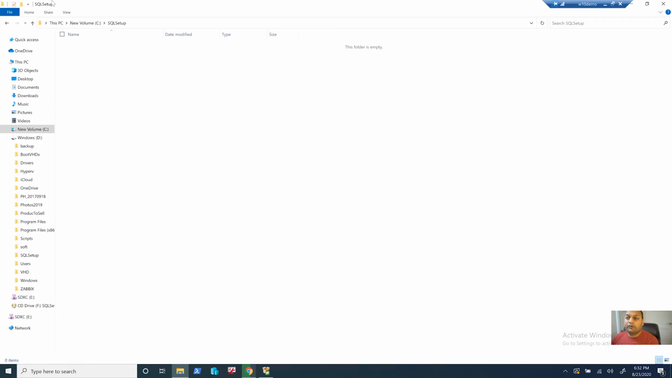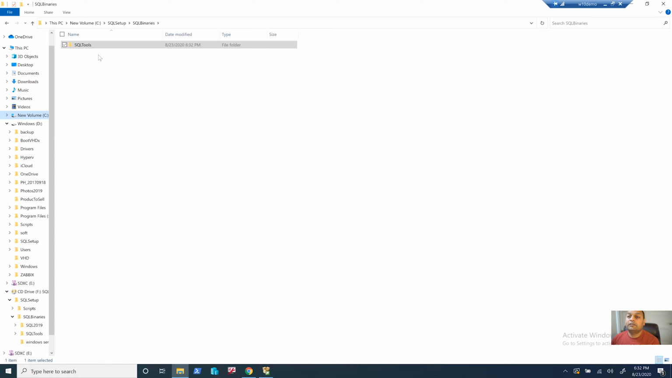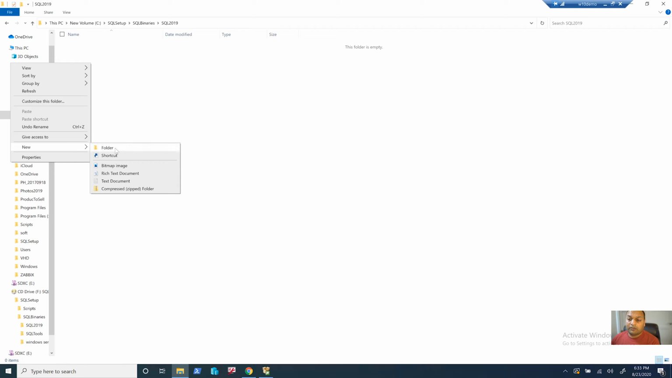SQL setup, that's our main folder under which we're going to create one first folder called scripts. Here you'll find all the feature scripts. Then we'll create a new folder called SQL binaries, and under that we'll create a folder called SQL tools and SQL 2019. Okay, under SQL 2019 we'll create a folder called